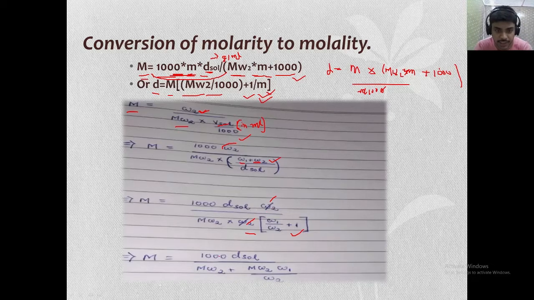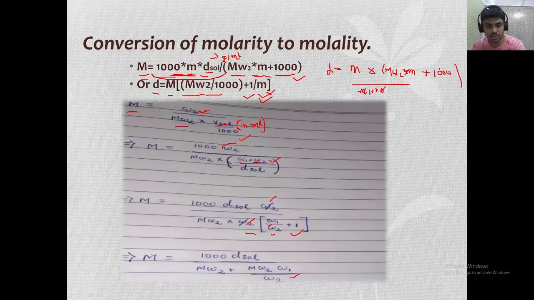Now see, what I did is simply multiply. Why am I multiplying? Because this form we need to calculate the molality, that is, the weight of the solute we need. Weight of the solute is in numerator only, in molality. That is, sorry, weight of the solute is this one, this we need already, and W1, that is the weight of the solvent, also we need. So we will make it like that, so that it comes in molality. I multiplied MW2 in this one, so it comes 1 into MW2 is MW2 plus MW2 into W1 by W2. Okay, very basic. Now let's see what comes next.